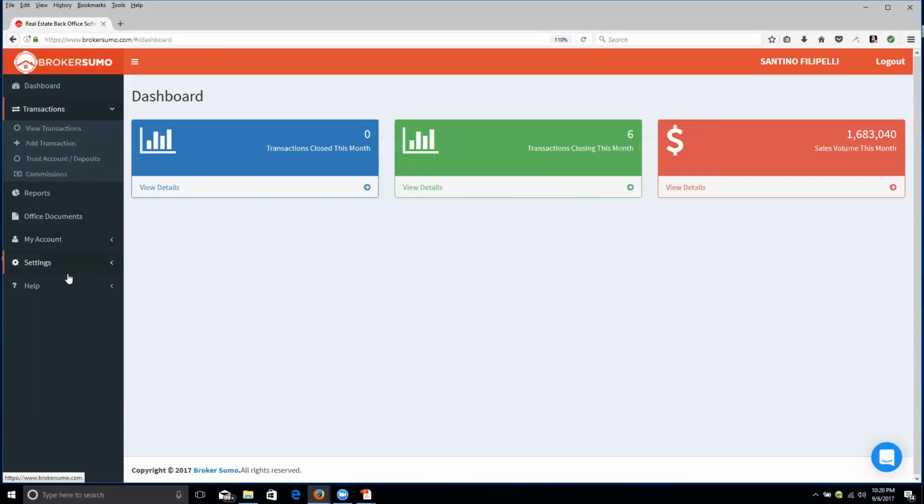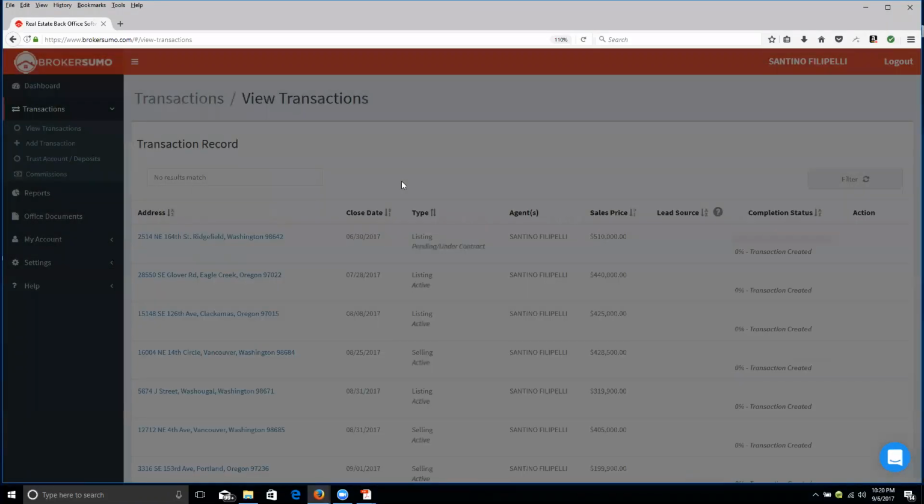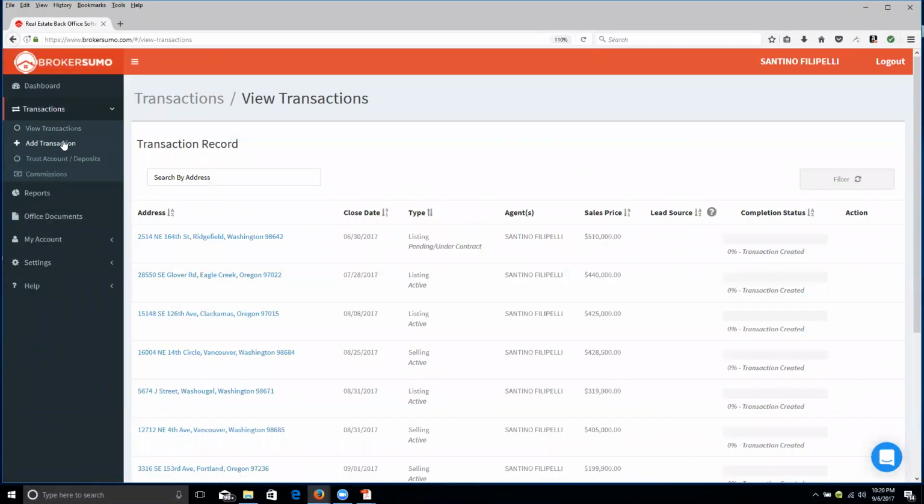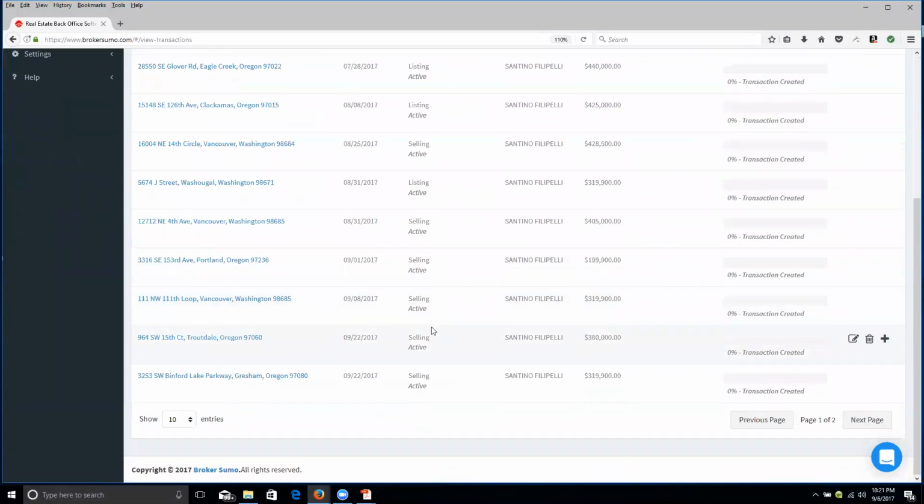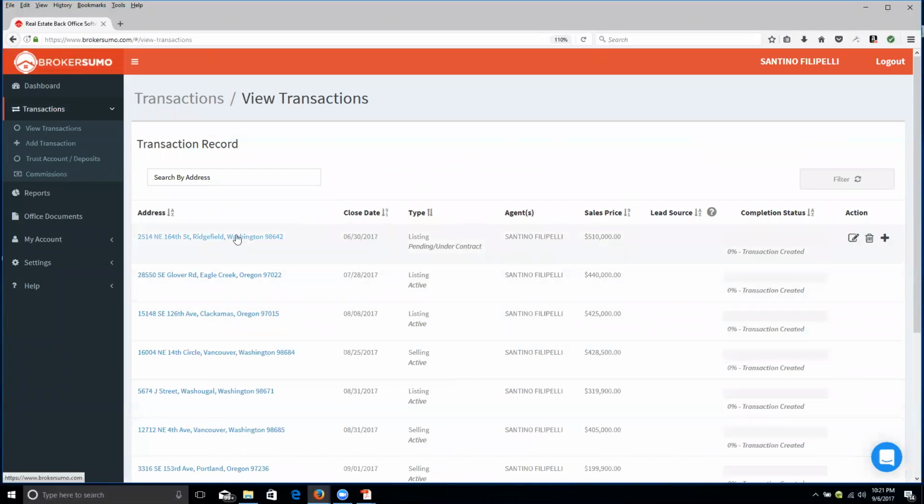You might need to resync your .loop, and if it's still not showing up, you can also start from scratch, but there's probably something wrong with your .loop because everything from .loop should sync in here. So at that point, once all your transactions pull up, if you're going to submit for a payment or a commission, what you want to do is essentially